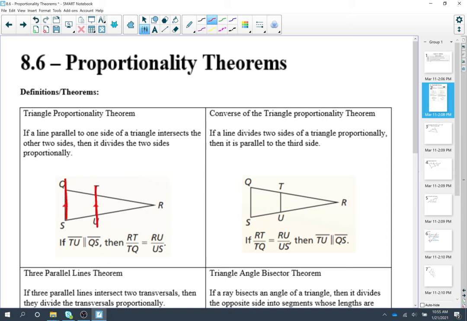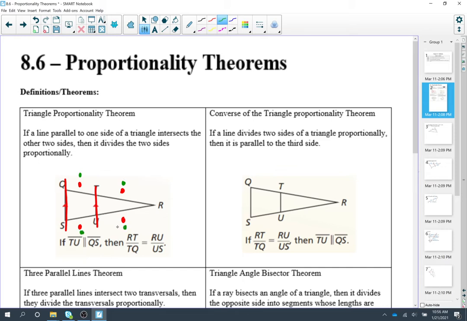So as long as our triangle is being split by parallel lines, then the ratio of QT over SU is equal to the ratio of TR over UR. You could also do it as the ratio of QT over TR is equal to the ratio of SU over